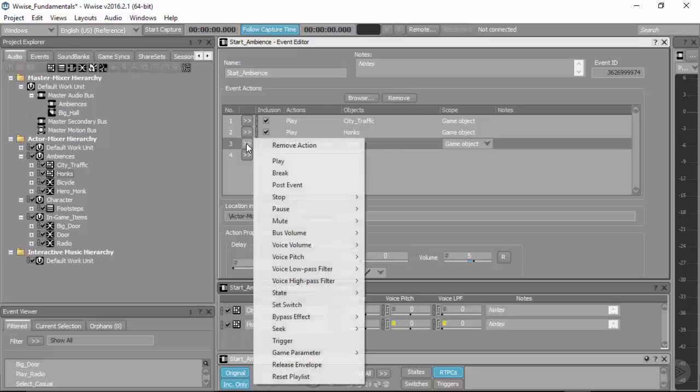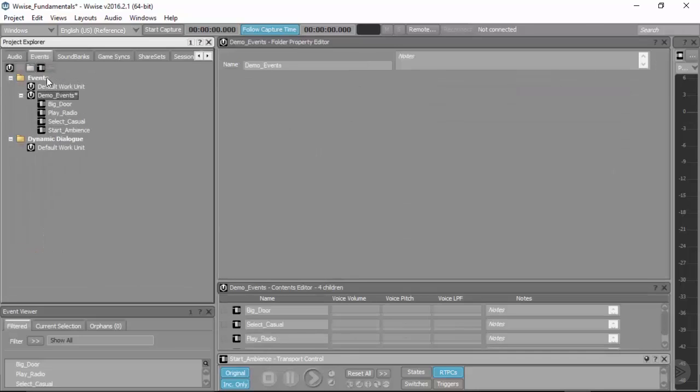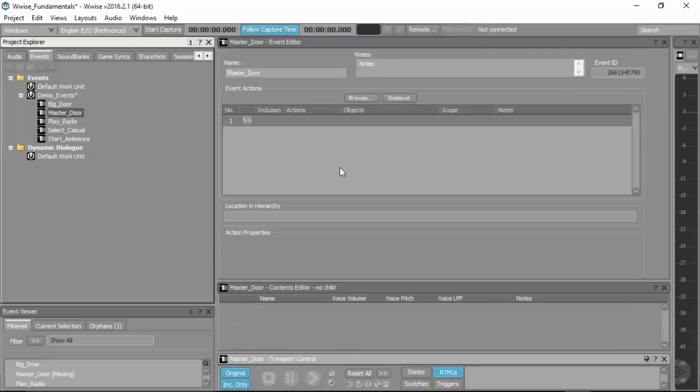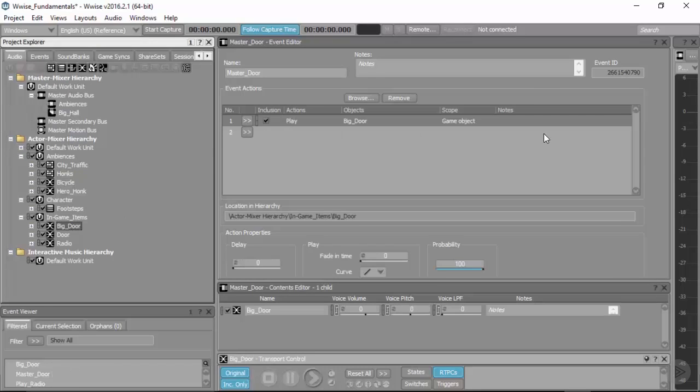So let's look at a specific example of one of the things you can do to control that. Let's create an event and we'll call it master door. Let's say that there are certain doors that are really intense, they're especially important to gameplay, and first of all, we just want to play a big door sound at that point, but perhaps we also want to play some kind of sparkle or stinger, then we could drop that into this same event.